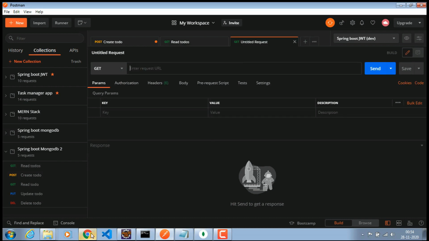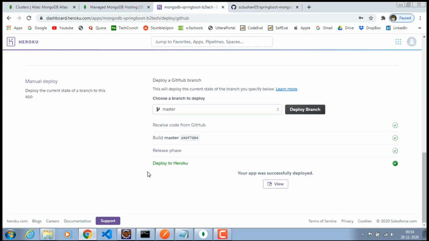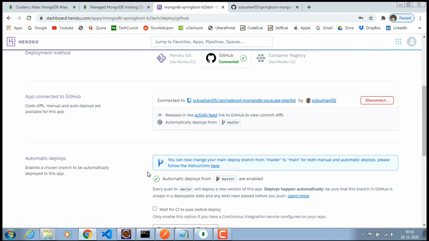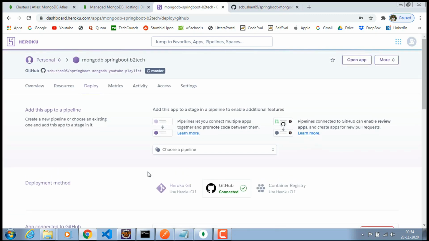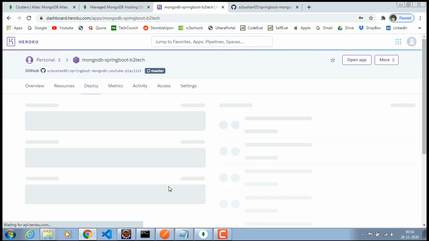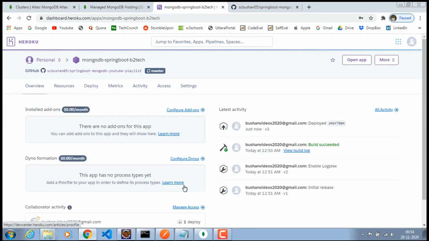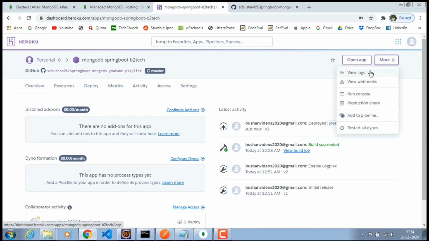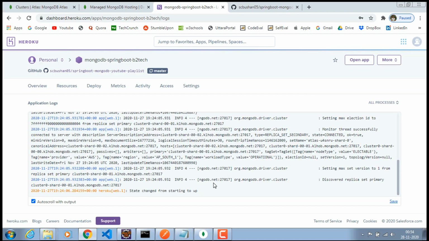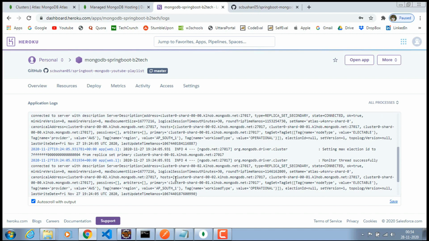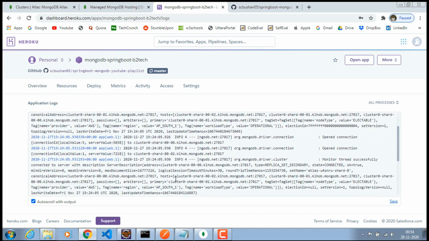That's fine. Let's go back to our Heroku. Let's go to this view logs. I think inside the view logs we do get our deployed URL.